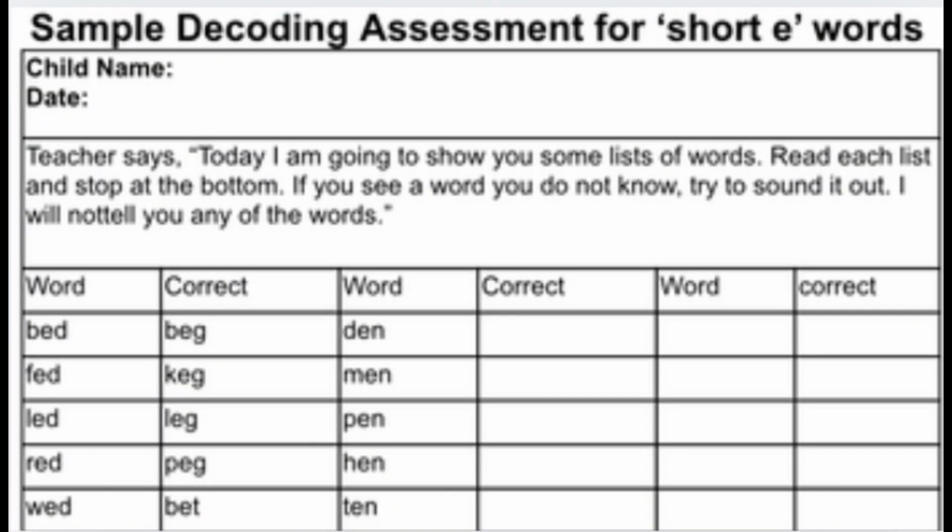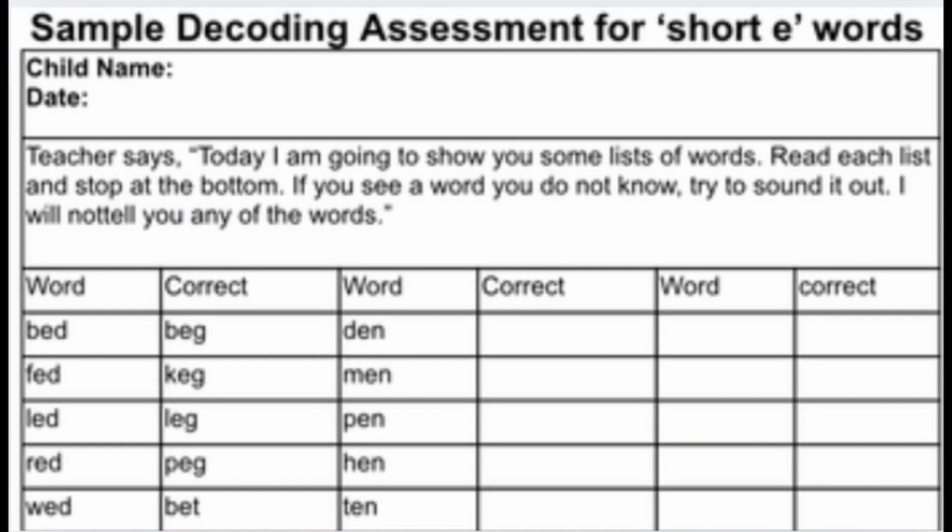Dito the teacher will ask the student to read this and the teacher will mark if the student reads it correctly. If correct naman ang pronunciation nila, that's the time na the teacher will check the correct.